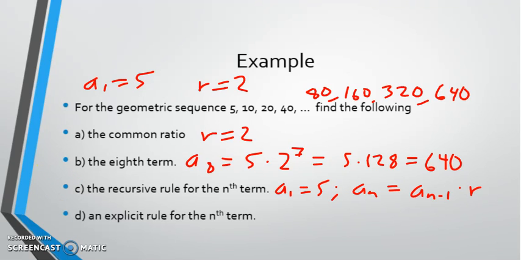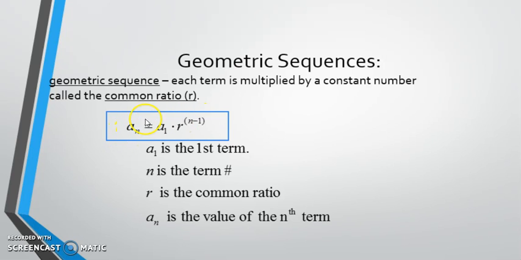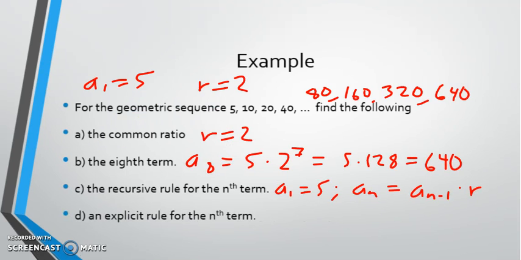Lastly, we have the explicit rule for the nth term. So that's the formula that you're actually given here. This is the explicit rule. This is the one we generally prefer to use because you don't have to fill in all the numbers in between. It's more useful for jumping around. So a sub n is going to equal